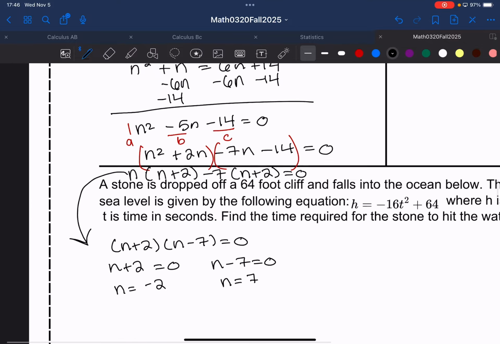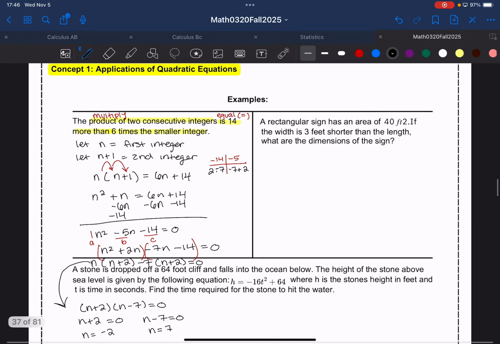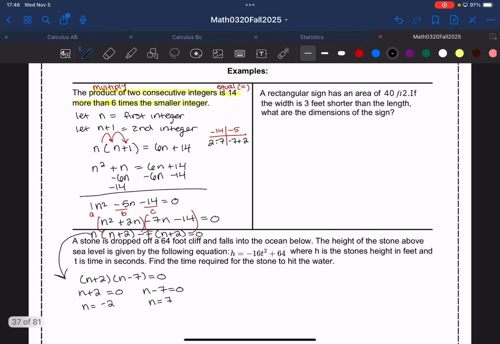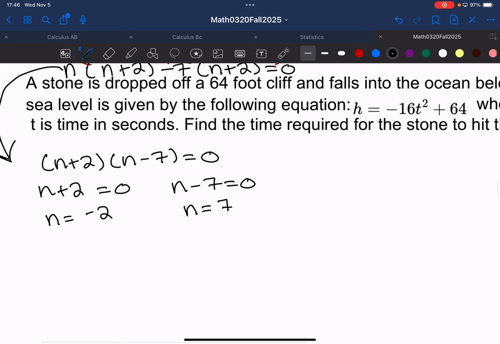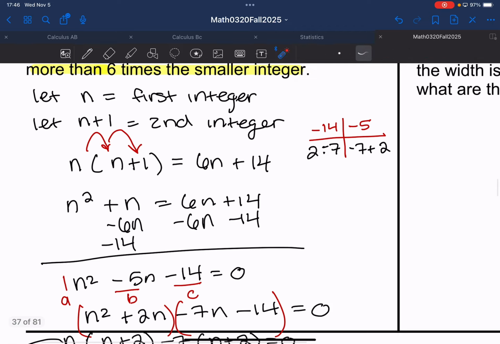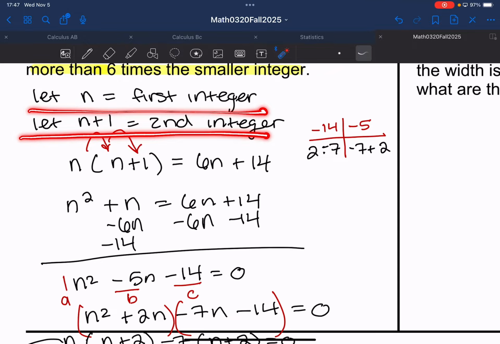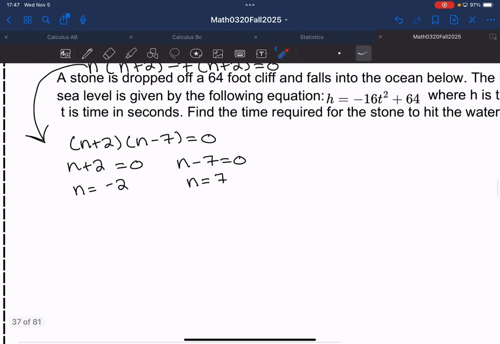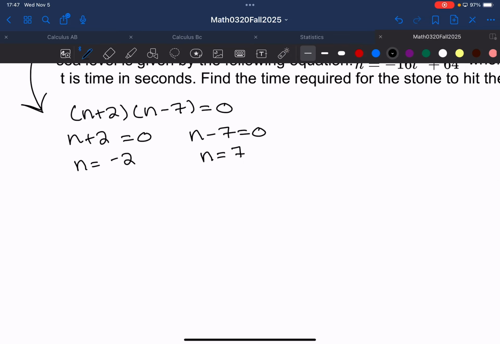Okay, but remember in the problem, it actually didn't mention this, but typically after here, they would want us to identify those two integers. So what we found was the smallest integer, just n, which means what would we have to do to each of these two values to find the consecutive number? So remember up here when we said let n be the first integer, that was the smallest one, and then we said let... we'd have to add 1 to each of these numbers,